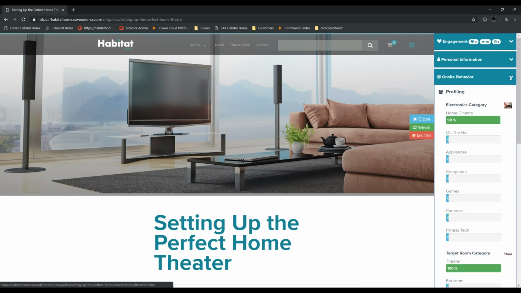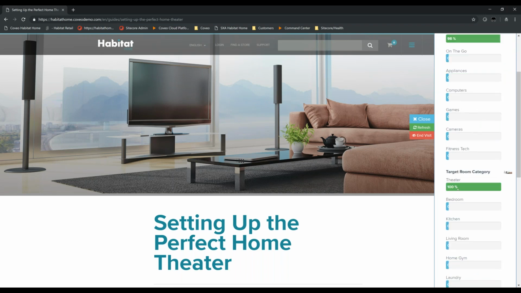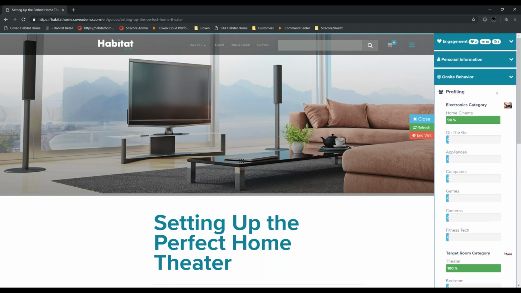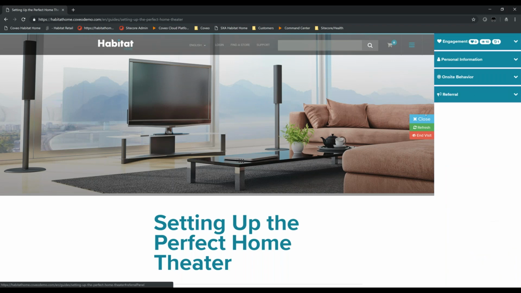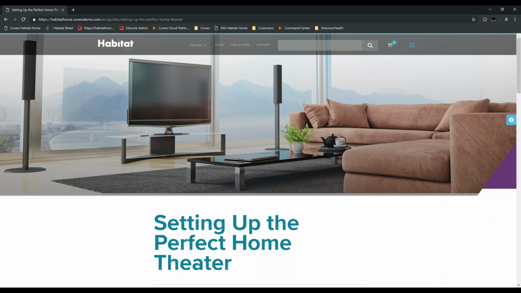So the XDB persona has now kicked in on Sitecore, and you can see that it is giving me a classification of a home cinema persona as well as a target room category of theater. The difference being now is Coveo has that additional context. Now you've gone through and built the rules engine for your XDB personas within Sitecore, and as Coveo does reside right in your index or right in your instance, we have a lot of advantages there to be able to read that information. So the effect now is if I go back to my search page, you're going to see